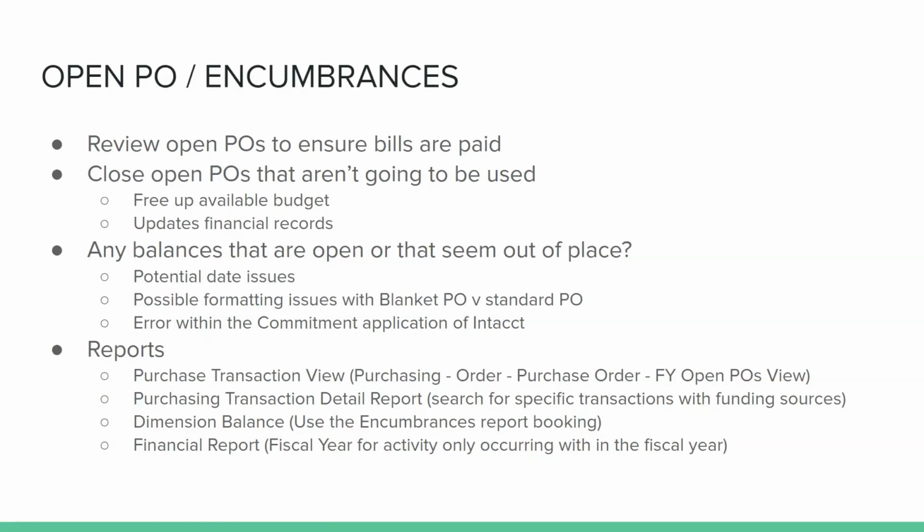Or it could just be there was an error with Intacct and that just needs to be addressed. And these are the types of reports that can help us look for these open purchase orders or encumbrances. The purchasing transaction list view, we see it on the other screen. A fair amount of us are using that regularly. A purchasing transaction detail report, so we're going to get into that. Dimension balances report, and a financial report. So we're going to look at all 4 of those today, and we're actually going to